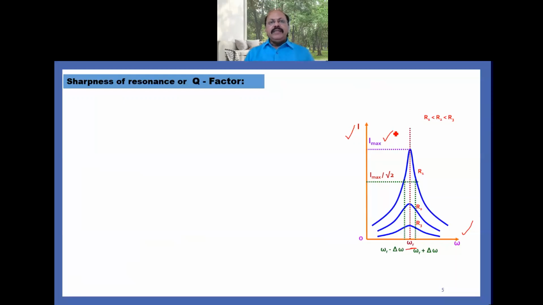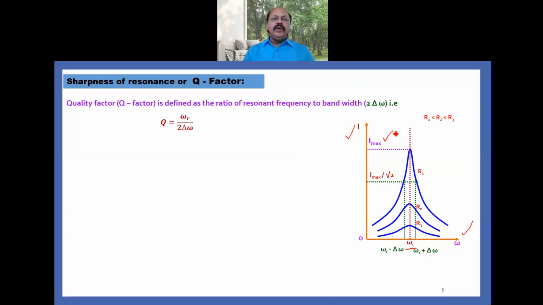Then at these frequencies, the current is 1 upon root 2 times the maximum current at resonant frequency. So we define from here the quality factor as the ratio of resonant frequency to bandwidth, that is 2 delta omega, and the formula becomes Q equal to omega r upon 2 delta omega. Bandwidth is the frequency range at which the circuit operates,